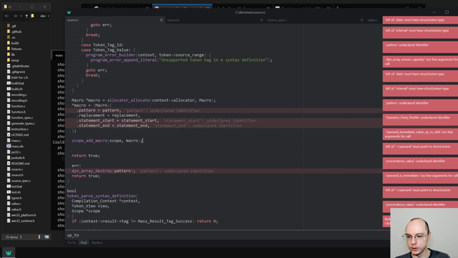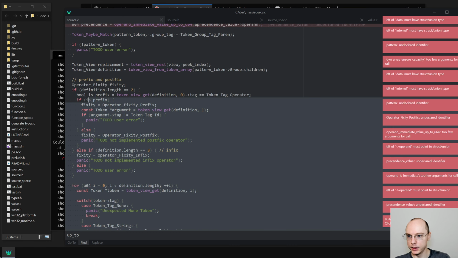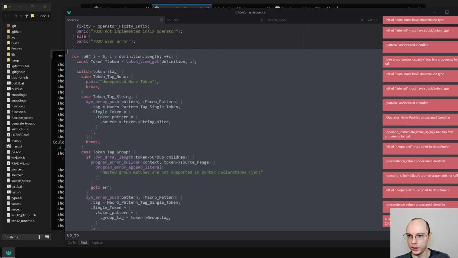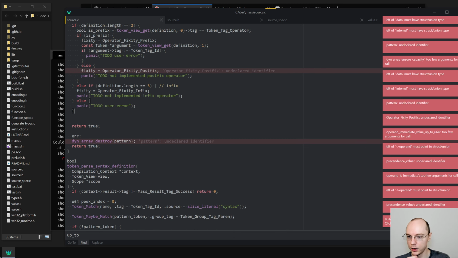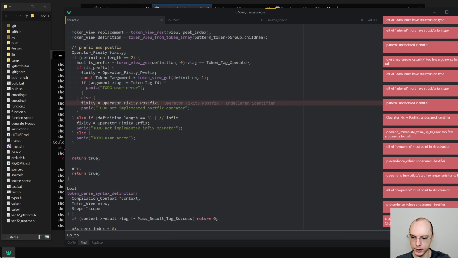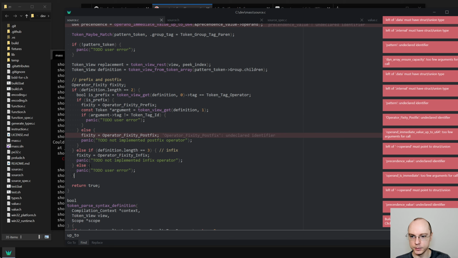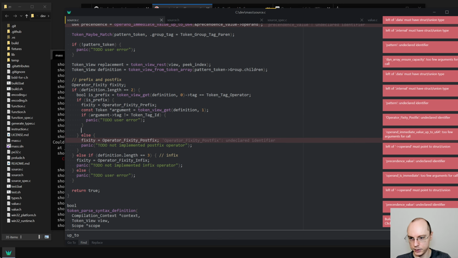We are not going to create a macro. So all of that actually needs to go away. I will leave this for now like this. Actually, since there is no error handling yet, I will not even include it. We have this, we have an operator, we have this stuff, and I guess I can also do to do